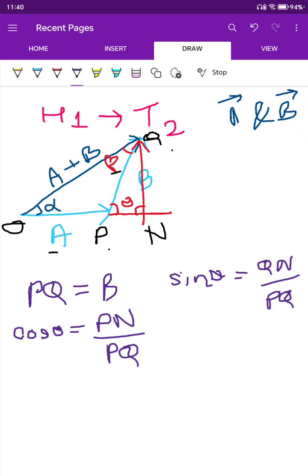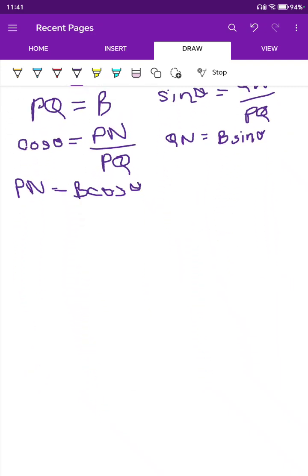And QN equals B sine theta, as PQ is B, so QN equals B sine theta, right. And PN equals B cos theta, as PQ equals B, so PN equals B cos theta, right. So now in triangle ONQ,